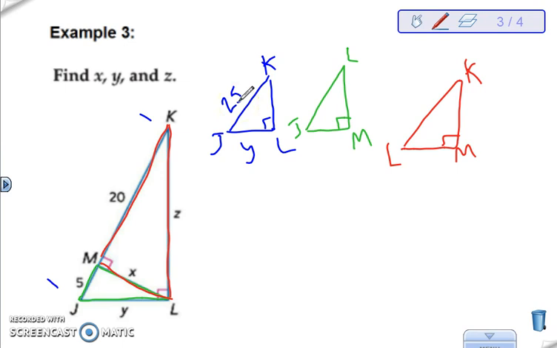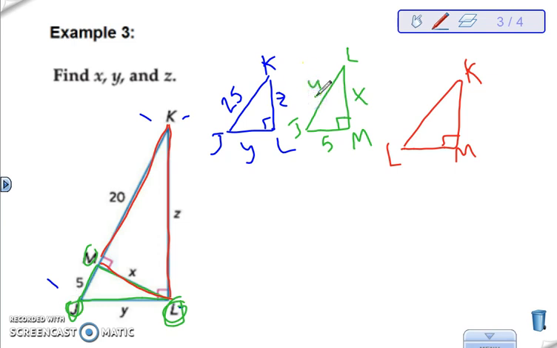From K to L is where they marked Z. On the green triangle, from J to M it's 5, and from M to L that's X. From L to J,